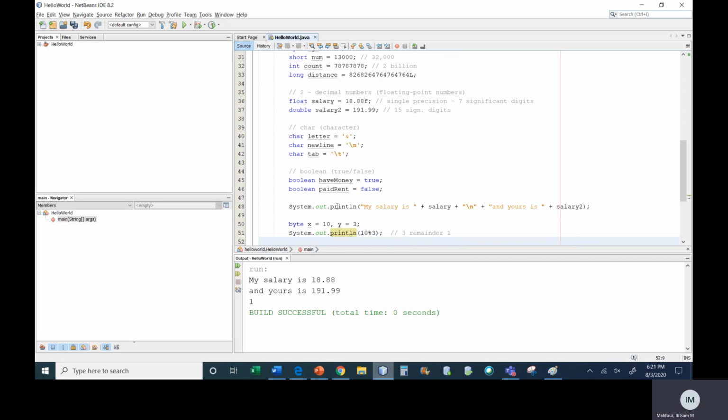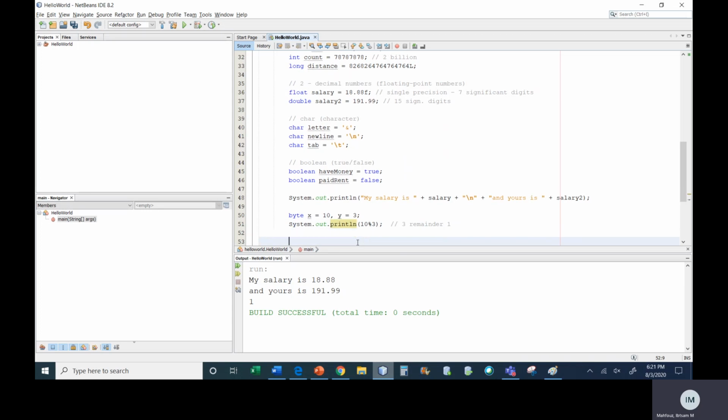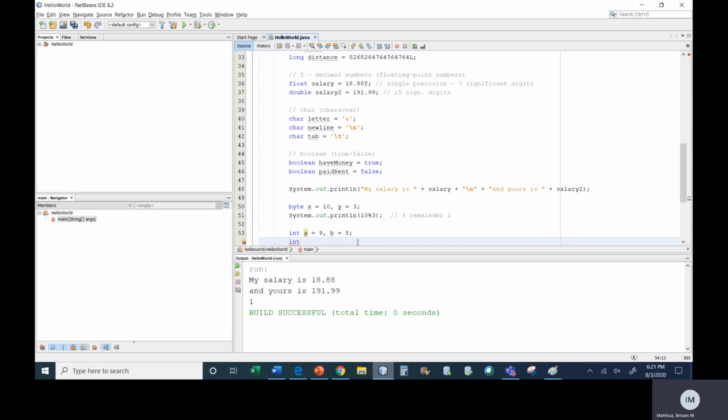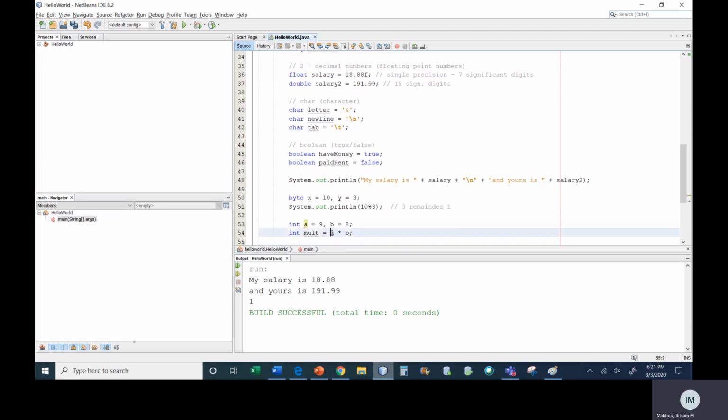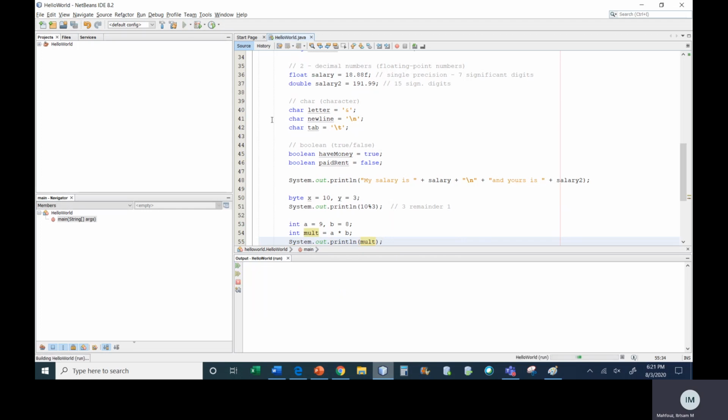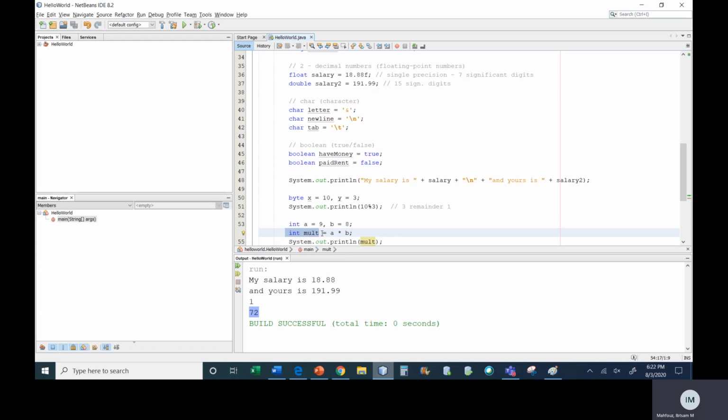Now, when we're doing those mathematical operators, here we are printing them, but we can also store them in variables. So I can say, for example, int a equal to 9, b equal to 8, and I want another variable, let's say int c, equal to a times b. So you can create variables that store the output of those mathematical operators. And if I print this, you guys know what 9 times 8 is? I should get 72. Multiply a times b, 9 times 8, I will get 72. So you can use the mathematical operators, the addition, subtraction, multiplication, division, modulus, and print statements. You can also use them and store the information back in a variable